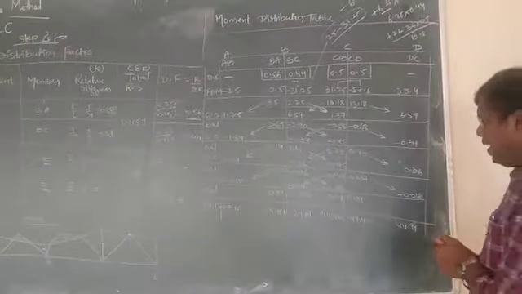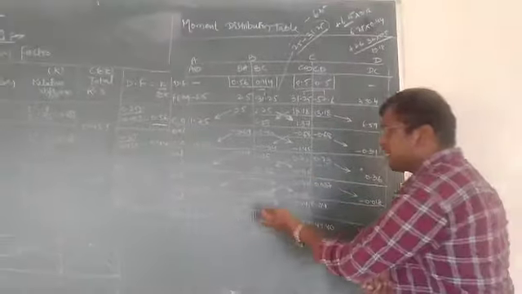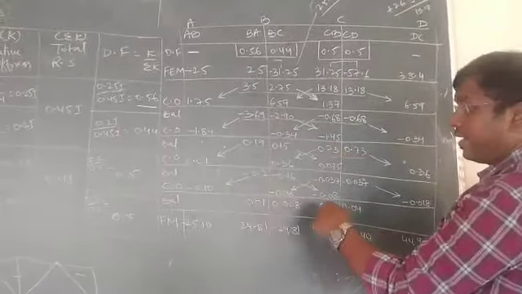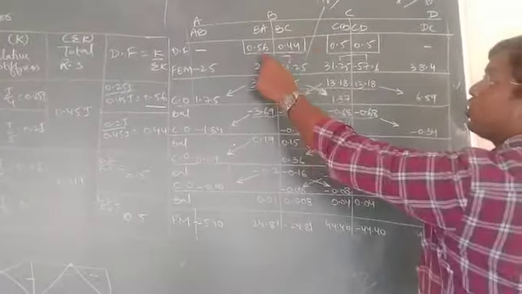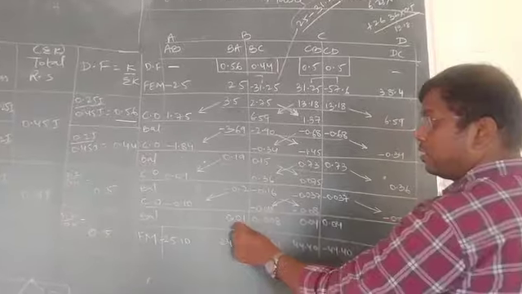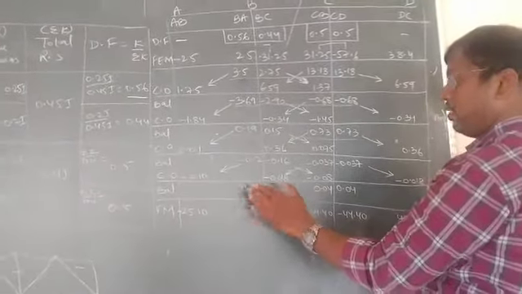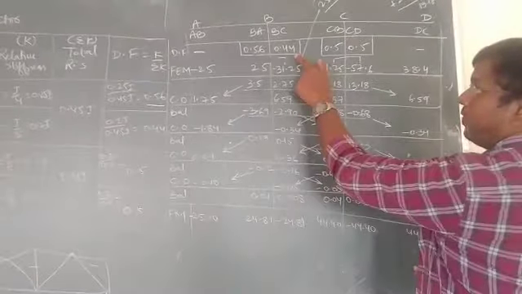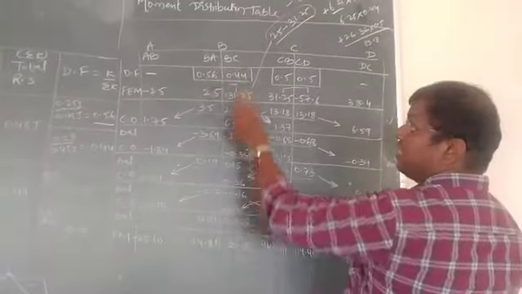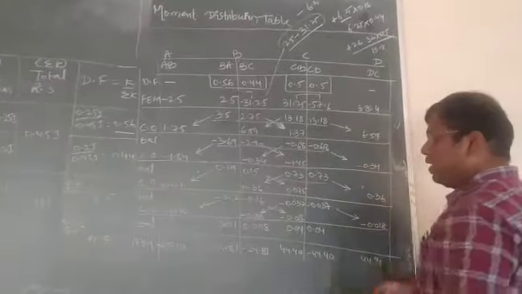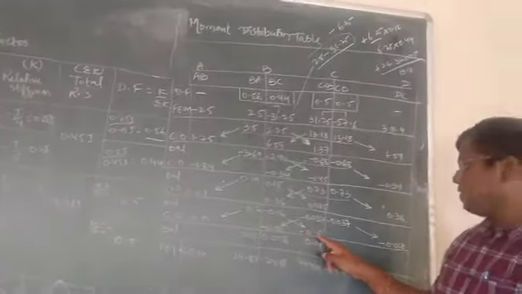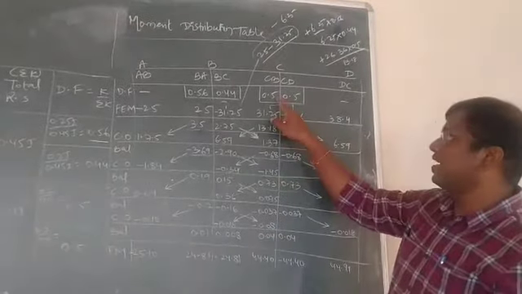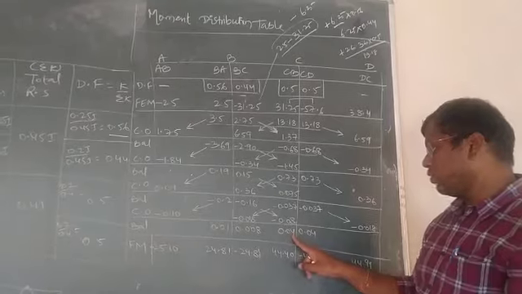Now again, this joint got disturbed. To balance this, look at here, the balancing moment for minus 0.018 is plus 0.018. Plus 0.018 multiplied by 0.56 gives you 0.01. Look at here, we have got 0.01. Here you can stop. Once you balance them, stop. Then plus 0.018 multiplied by 0.44. We need to multiply the balancing moment with the distribution factor. We'll get 0.008. Now here the balancing moment, look at here, it is plus 0.08 multiplied by distribution factor 0.5. We will get 0.04.